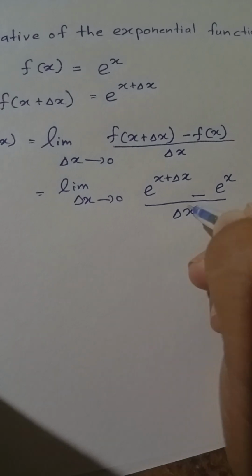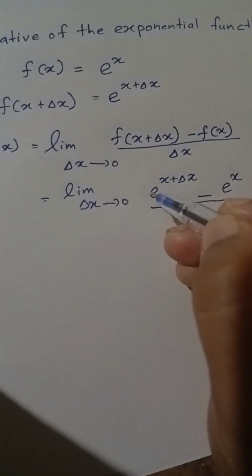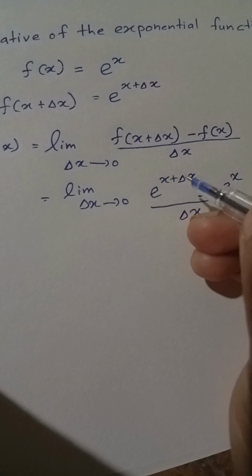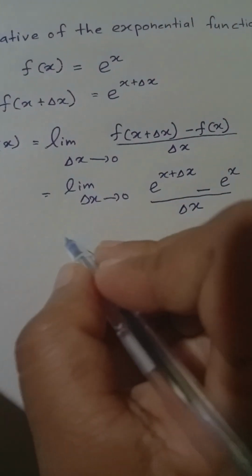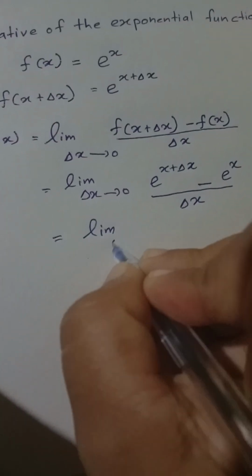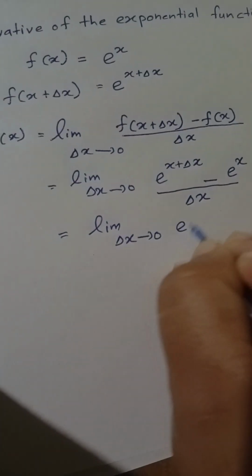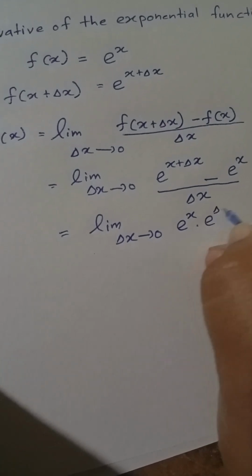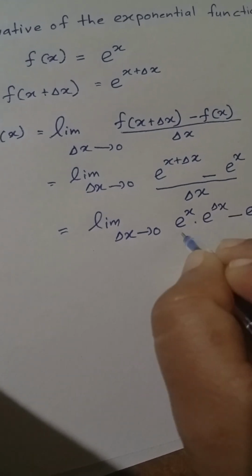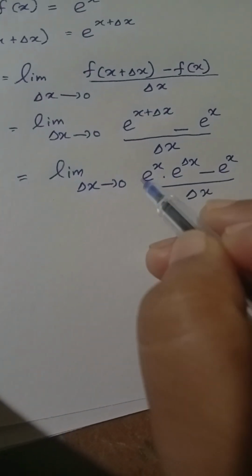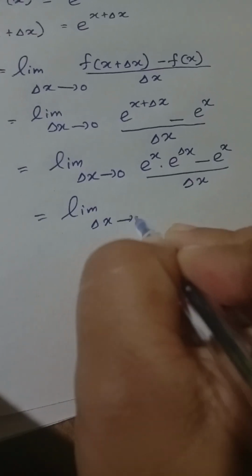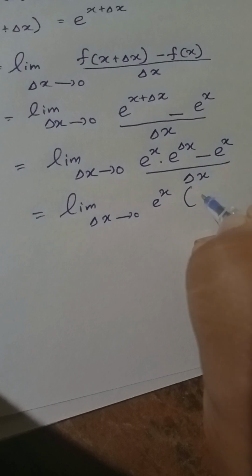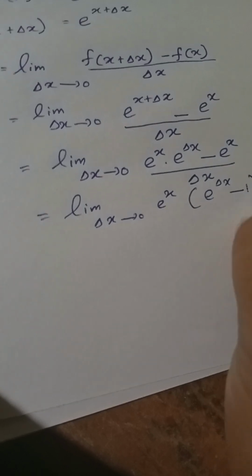delta x. Okay, now here look at it. We have e to the power x plus delta x. I can write this as limit delta x goes to 0, e to the power x into e to the power delta x minus e to the power x over delta x. Now you can see within these two terms we have e to the power x term that is common. Let's take it out. e to the power x, then here remaining e to the power delta x minus 1